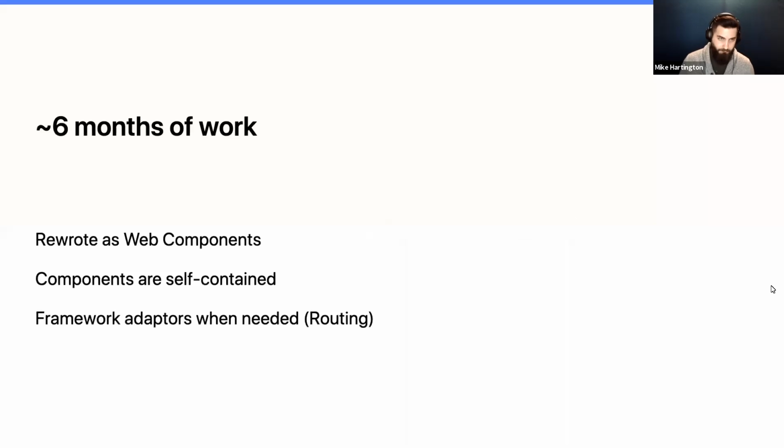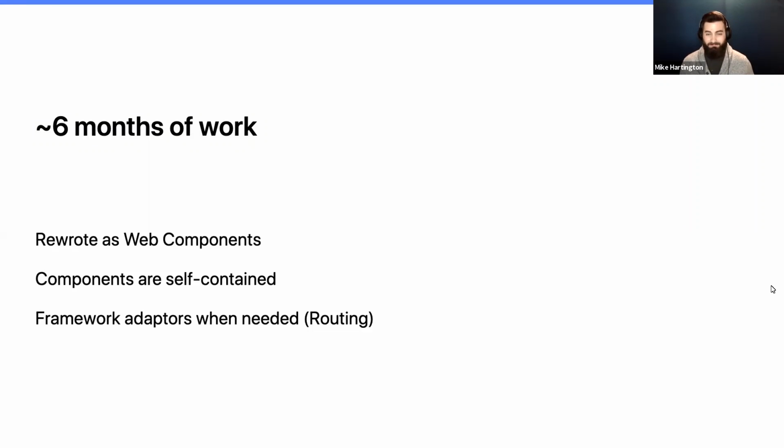Now, this is where we discovered web components and everything that they could offer to help us develop Ionic and then support the greater ecosystem. So in about 6 months worth of work, we were able to rewrite all of our components as web components and then create these really self-contained chunks of code that could be easily ported to other frameworks. Where there were cases where those frameworks didn't offer any, or where those frameworks required more work, for instance, routing is a big issue here, we would dive down into the framework specifics and then create those packages, but only actually spend about